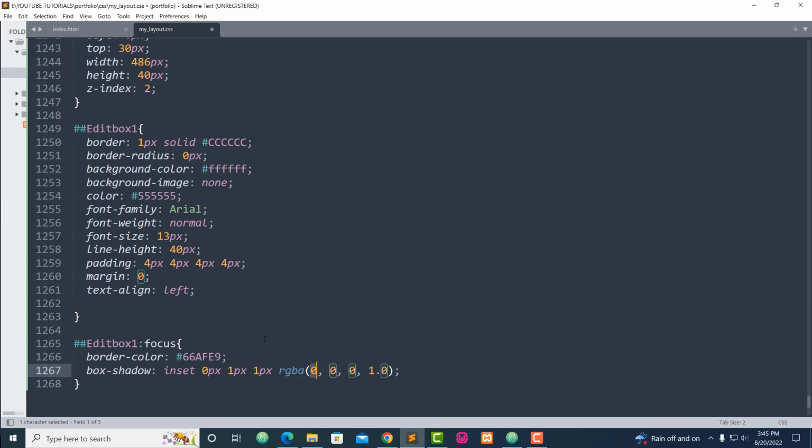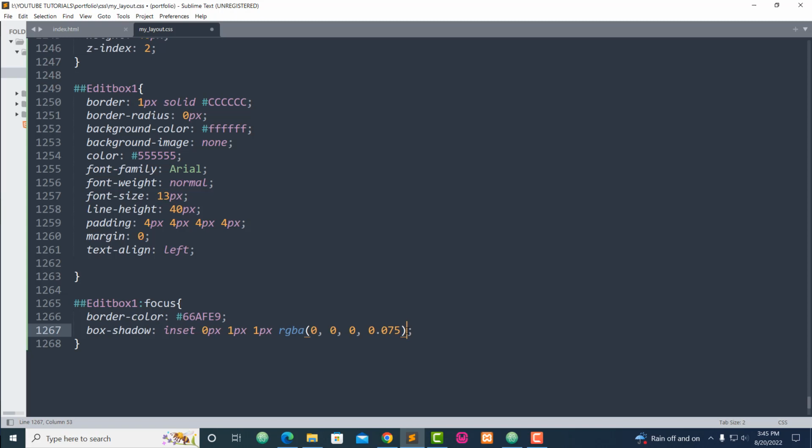Okay, use 0.5 and 1, 2, 3. The first with 5, and the second one should be around 0.075 instead. Okay, also